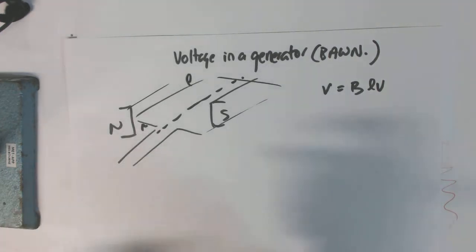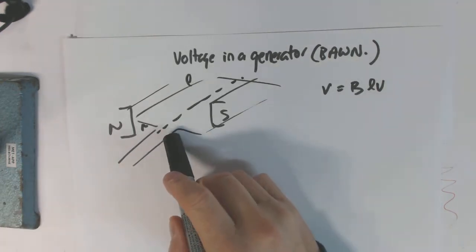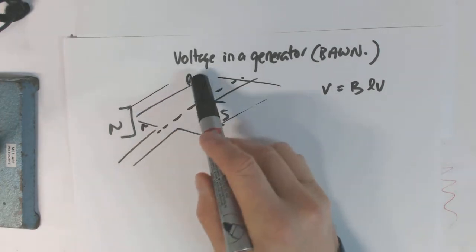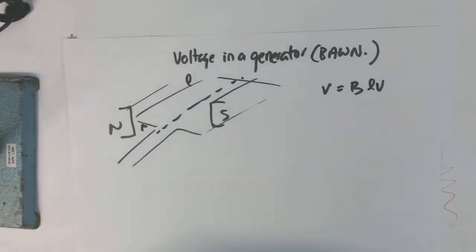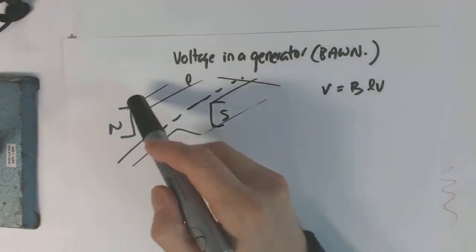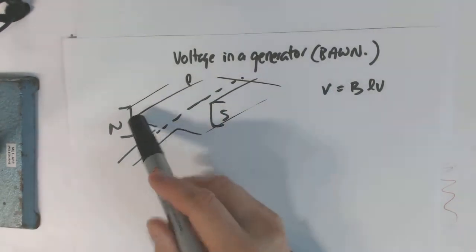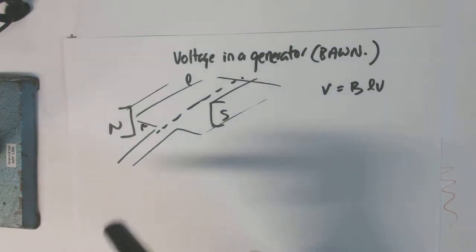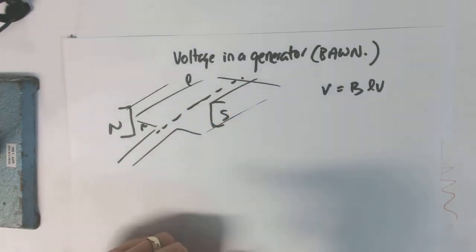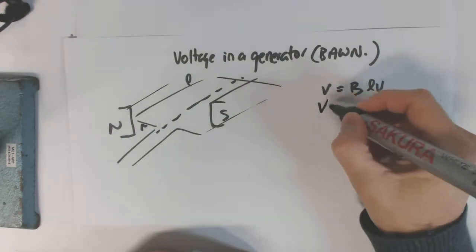Now you'll notice that when this coil goes vertical, the electrons in this wire, although spinning at the same velocity, will now be traveling directly with the field and no voltage would be produced. But at this position, they're at right angles to the field and we will get the full voltage. So looking at that, we've got L, we've got B, we've got the velocity, and we've got two of them. So the voltage is going to actually be equal to